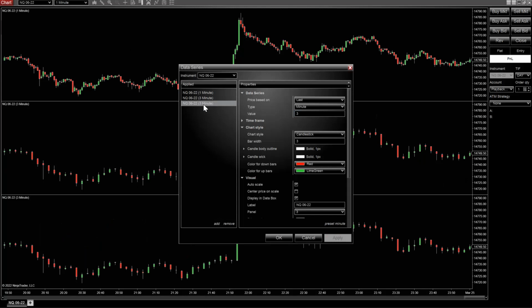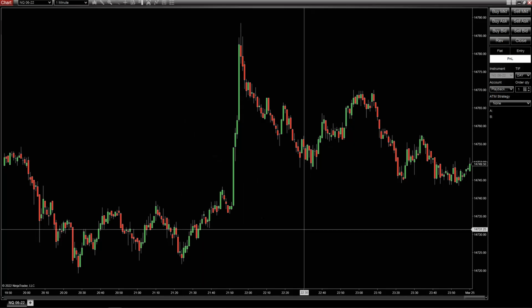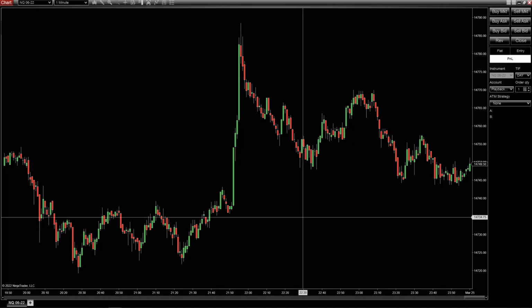You can remove them just as easy. Click on it, press remove, click on it, press remove, click apply. There they are gone. Now, if I wanted to add an additional chart, an additional instrument in a separate chart,